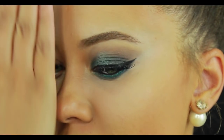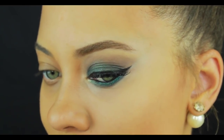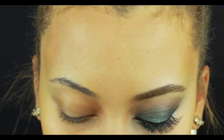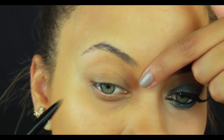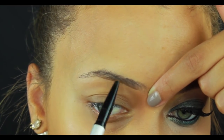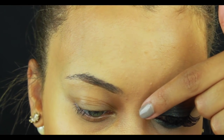I did half of my face, as you can see, except for my cheeks and my lips, and I need to do this half. I have my foundation and everything on, and I'm actually going to start by doing my brows. I used to do my brows last, but I just started doing it this way probably a couple weeks ago. And this pencil is a It Cosmetics